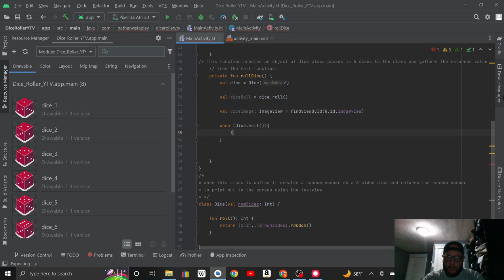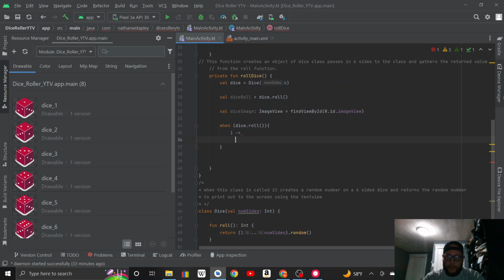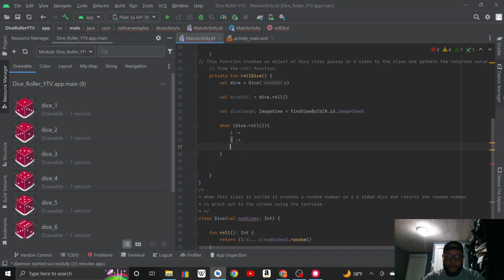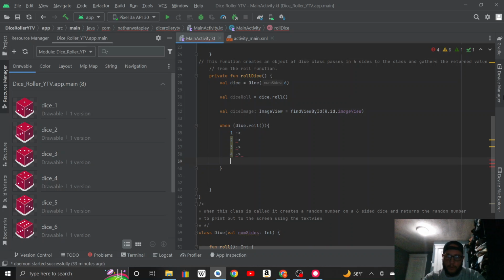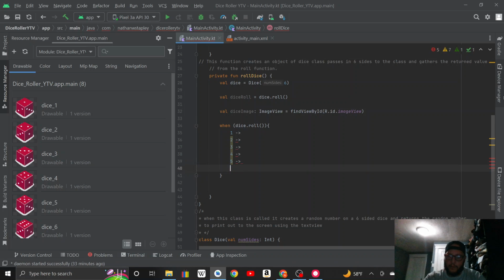is equal to 1, and we're going to do something. That's equal to 2. We're going to do something. That's equal to 3. And we're going to do something. It's equal to 4. And we're going to do something. It's equal to 5. And we're going to do something. It's equal to 6. And we're going to do something. All right, so we are going to